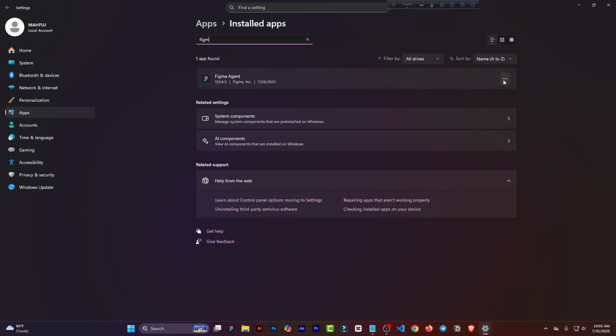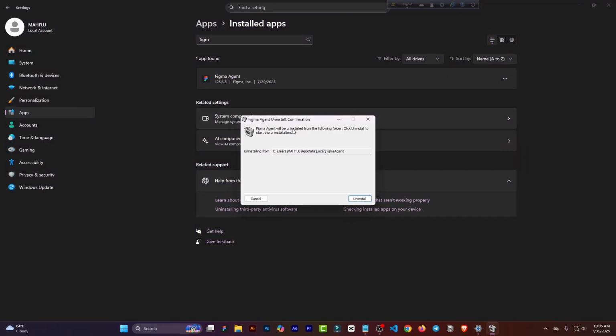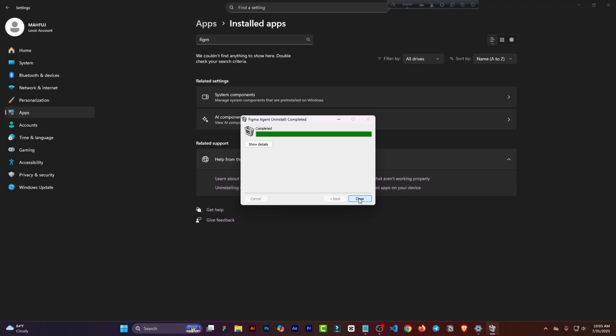Now click on the three-dot menu, then click Uninstall. A pop-up will arise in front of you, a confirmation message. Just click Uninstall. If you click Uninstall, the Figma agent will be completely removed from your computer or